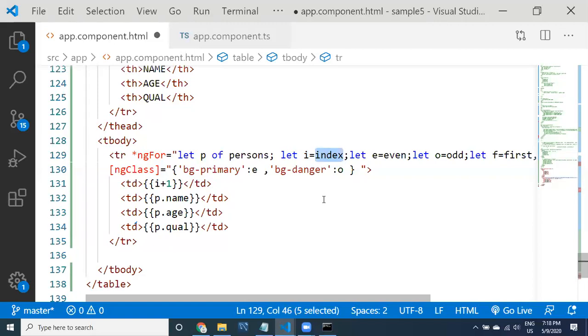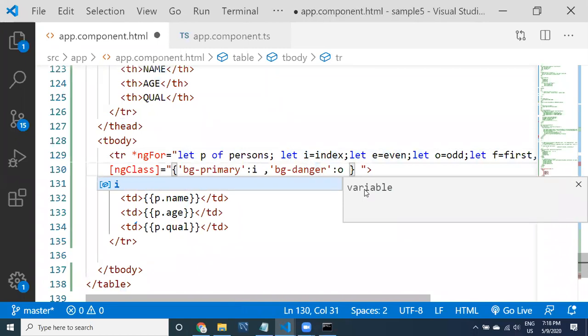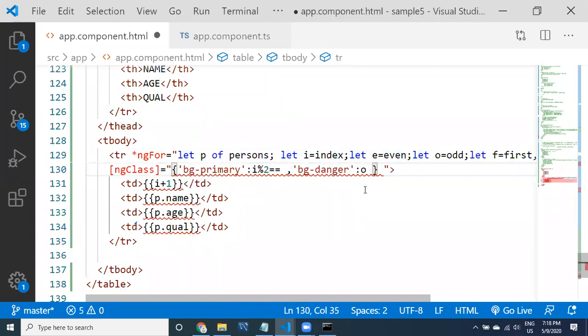Whichever row is getting executed, the number associated with that row is provided for you. The serial number is provided to you, so if you want to implement anything, you can use it. Of course, we are going to use it in the next example. Without using even and odd, I can use this i variable, guys. Instead of even, what I can do is i modulus 2 double equals 0, which means an even number.